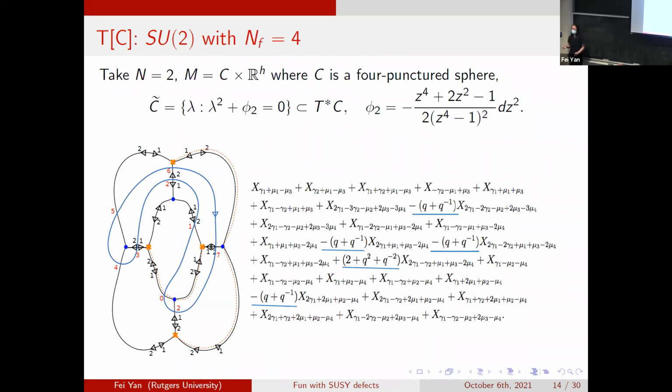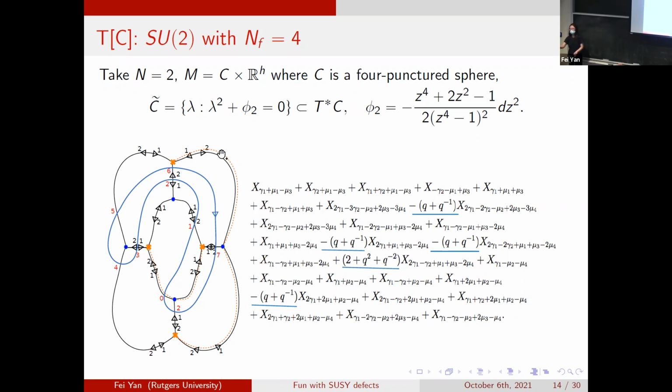First example is this SU2 equals to SU2 with 4 fundamental hypermultiplets. So namely, I take my Riemann surface C to be a 4-puncture sphere where punctures are labeled in blue here. Then I consider a line which corresponds to a loop going around 2 of the punctures. I go to a point, and I could go to anywhere in the Coulomb branch, but if I go to